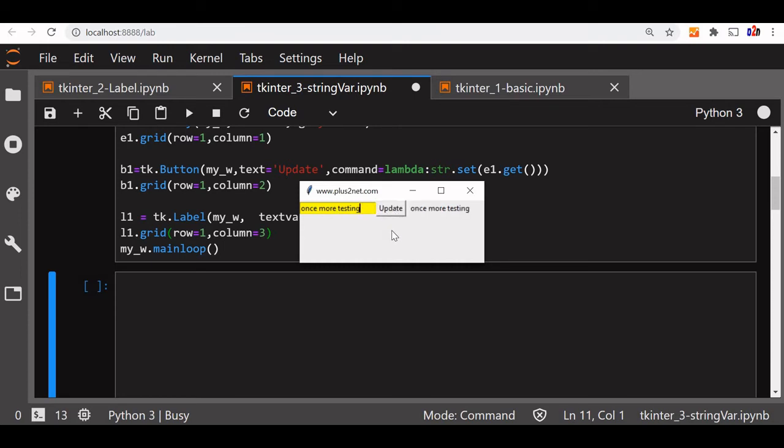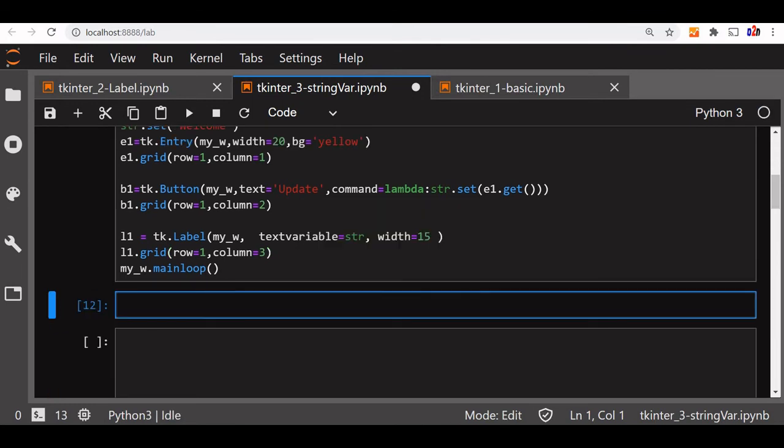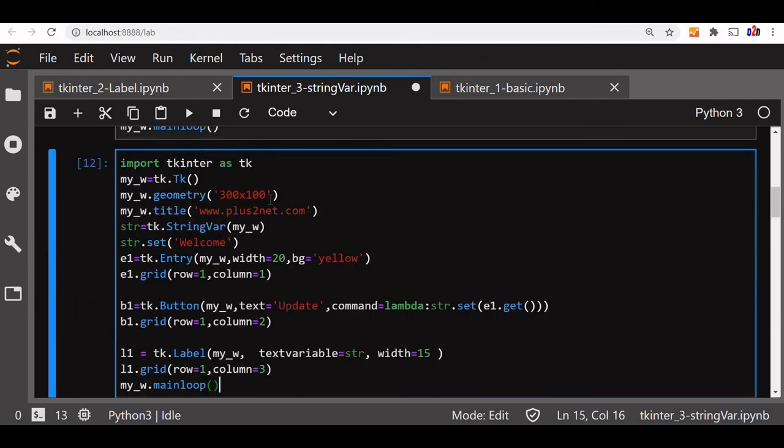So this is how we can dynamically assign the text to our label. But this time we have used a lambda concept, and inside the lambda we have set the value to our label. We can change that also. We can use a dedicated function, and in that, when you click the button, this value will be deleted, and at the same time the label updated. We'll slightly change our code and use a function instead of directly executing on click of a button. So let's paste the same code.